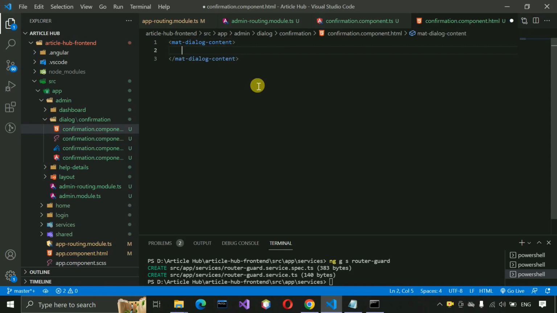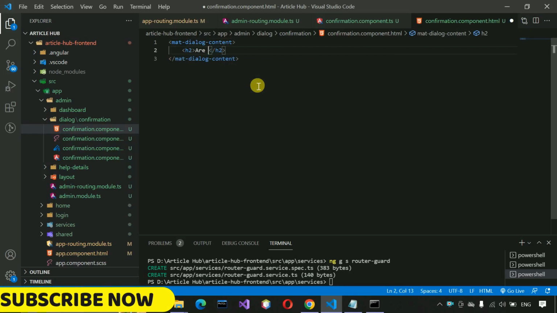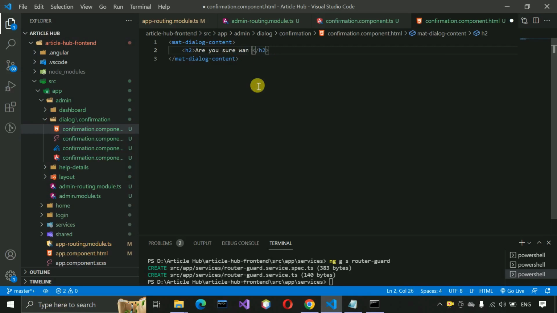and here inside this one, h2, and here "Are you sure you want to", and then display whatever the message. So I'm going to write here details.message, and after that this content part is completed. Now here we need buttons. So mat-dialog-actions, and align item at the end,